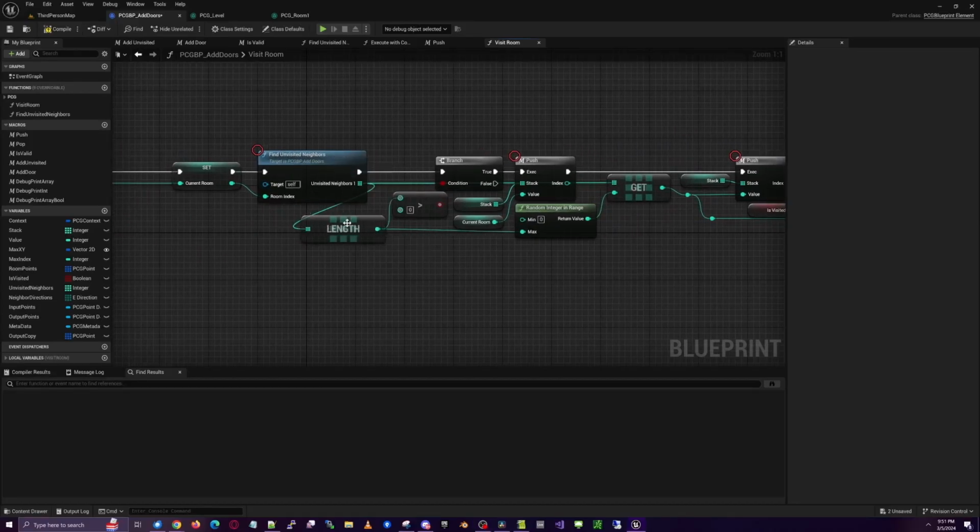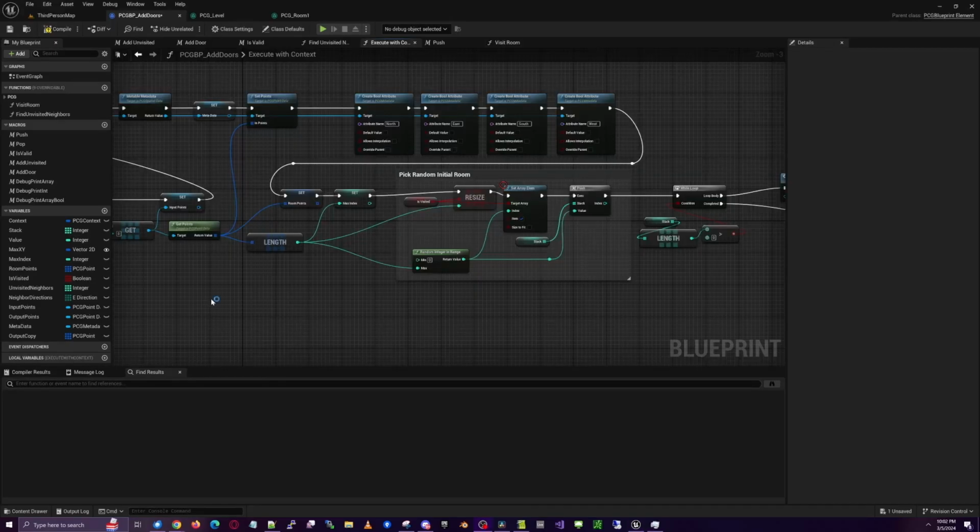the length of our array, which is correct to test this branch here to see if there are unvisited neighbors, because we want to check the length of the array. If the array length is 1, then it'll be greater than 0. That means there is one item in there. However, in that case, this random integer in range is actually incorrect, because it will go from 0 to 1, but it needs to go from 0 to 0. And what we need here, instead of length, break that, and then we'll get last index. The last index will give us the correct value for our range, and length will give us our correct value